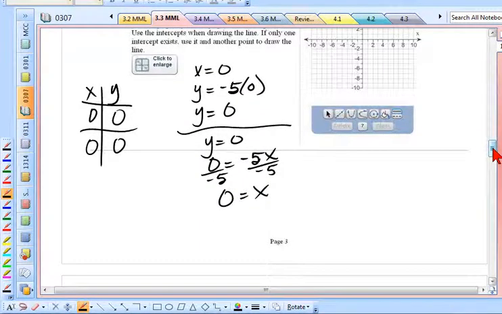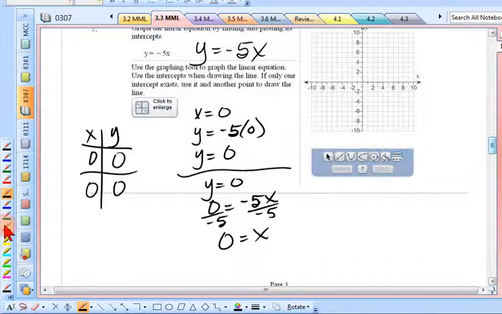This is the case where you only have one intercept? 0, 0. It is right here. The only way that you can have only one intercept is if the line goes through the origin. That's where it's crossing both the x and the y. And I can't draw a line from there because I don't know if it ought to go like this or like this or like this. I don't have any idea. So I have to